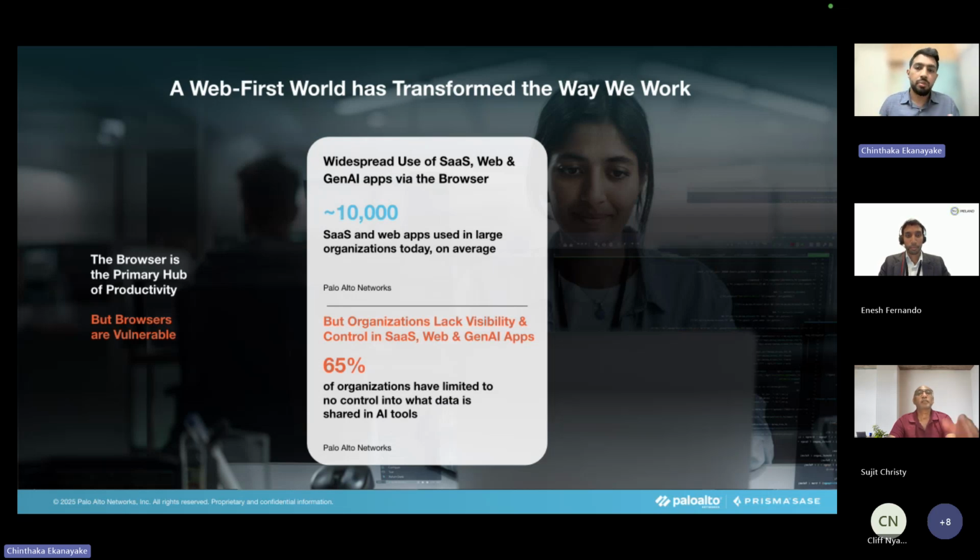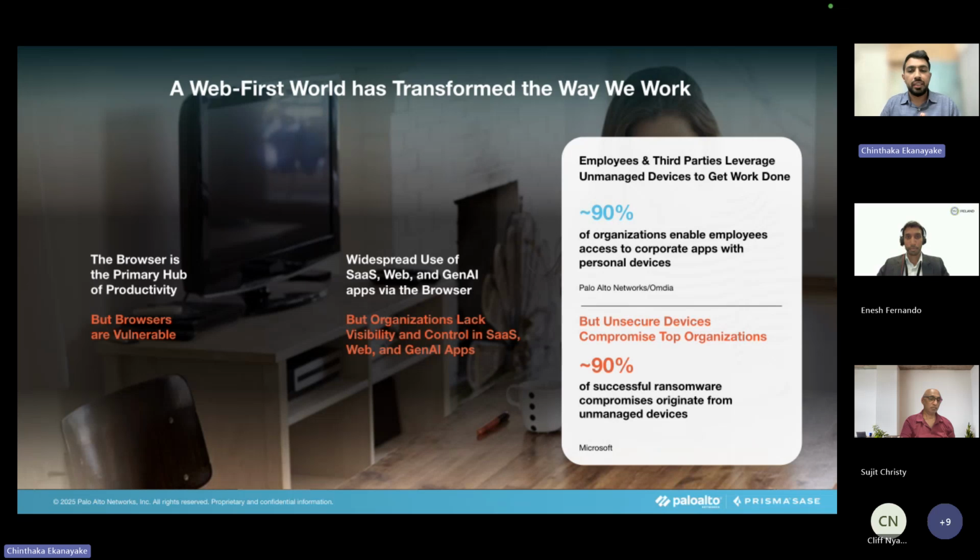The other thing we have seen is a lot of cert-pinned applications. Also, a lot of these applications try to use proprietary protocols, which network security will not be able to decrypt and see inside. So these are some of the challenges that make it risky for organizations to have visibility into what's happening in those SaaS applications. And if you don't have that visibility, you will not be able to do the control as well.